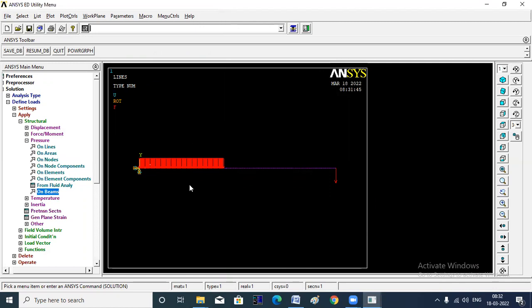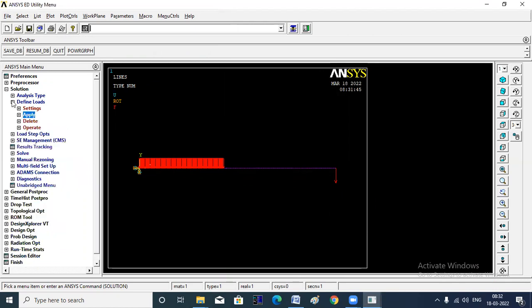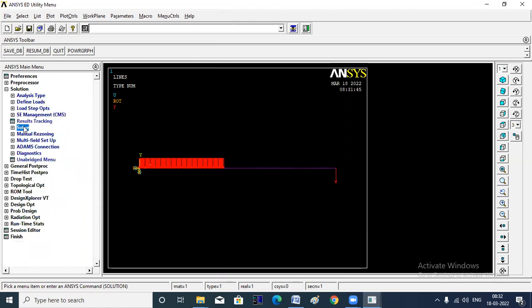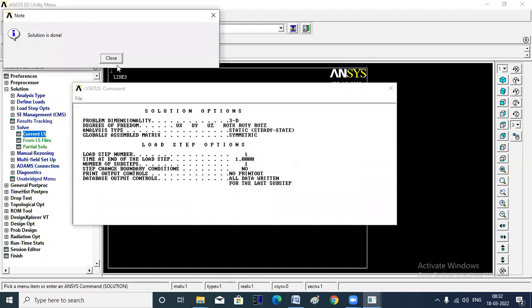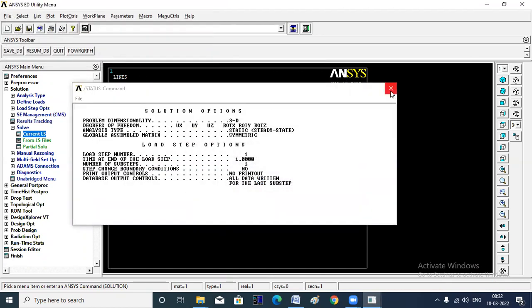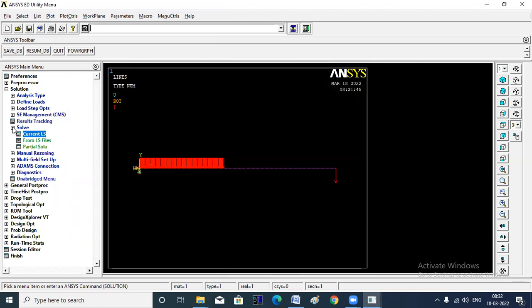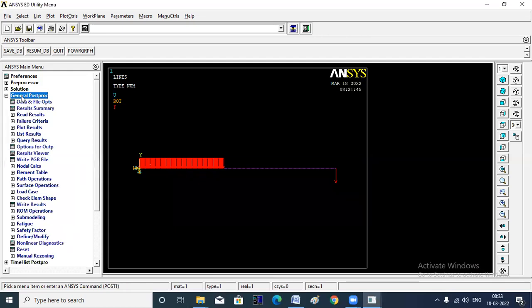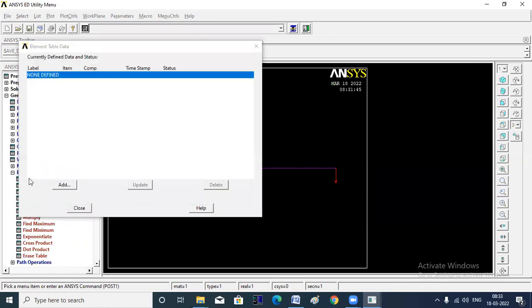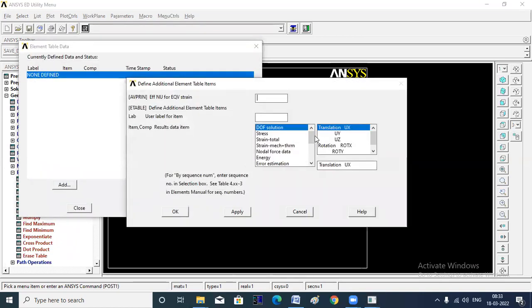तो हम फोर्स भी लगाए, फिक्स भी किए, पॉइंट लोड भी लगाया. तो डायरेक्टली what we will do now, we will solve this. We solve current LS. Okay, solution done. Okay, and minimize this. Now once solution is done, go to general post processor. In general post processor पहले क्या करना है, directly go to element table, define table, add, come down by sequence